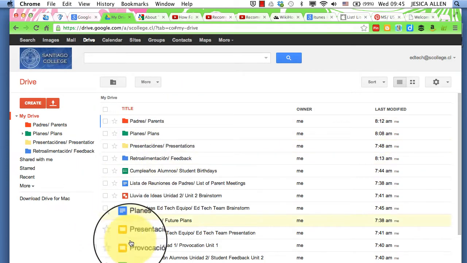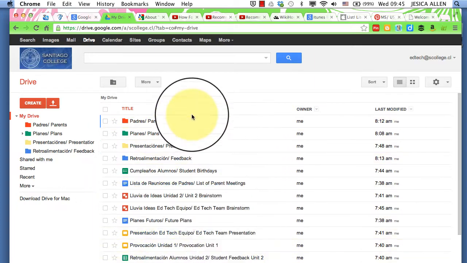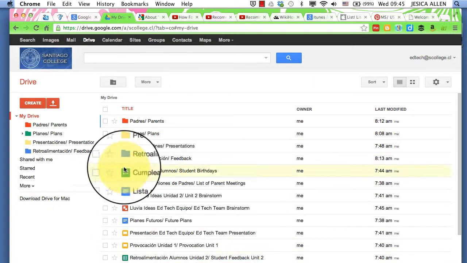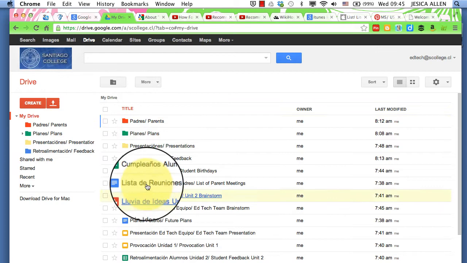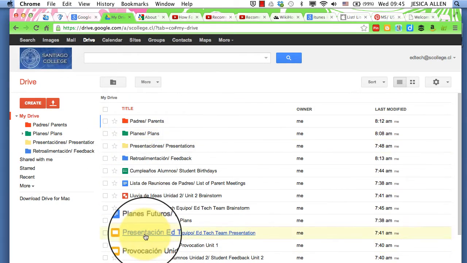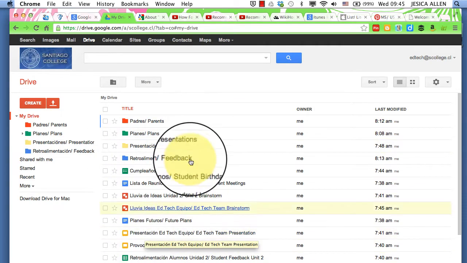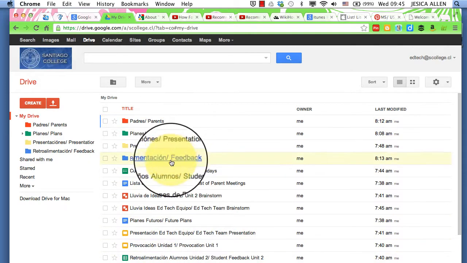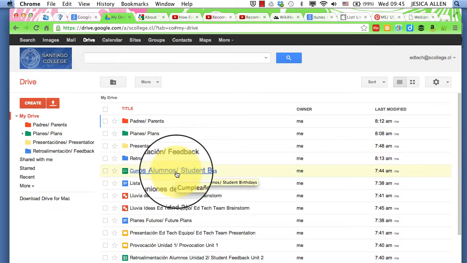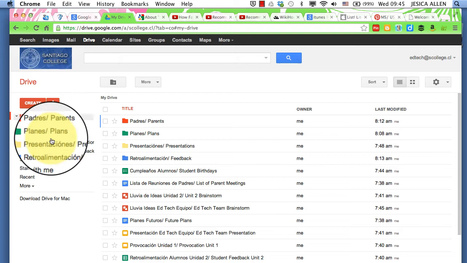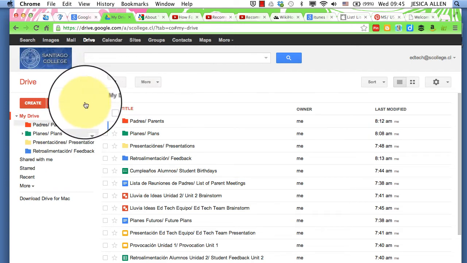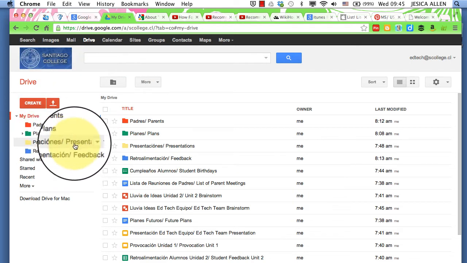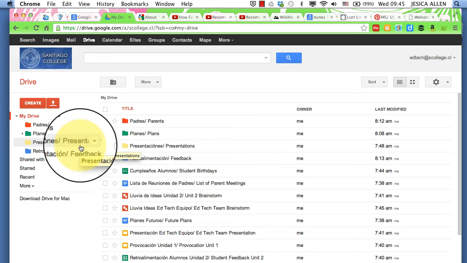You see here, this is my whole list of documents that I have in My Drive. You can see it says My Drive at the top, and these are all of my documents. It's not very organized right now, so I'm going to show you an easy, quick way to first organize your documents. You can see I've made some folders by clicking on the folder button, and I've named them some important things that I know I use all the time.